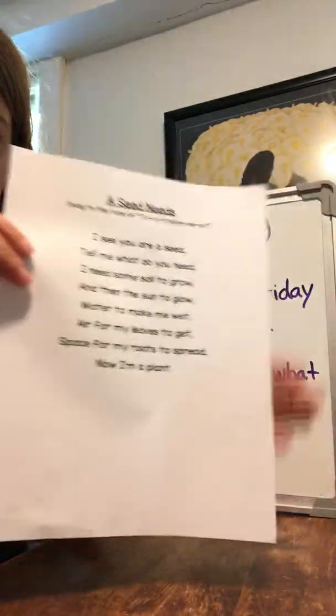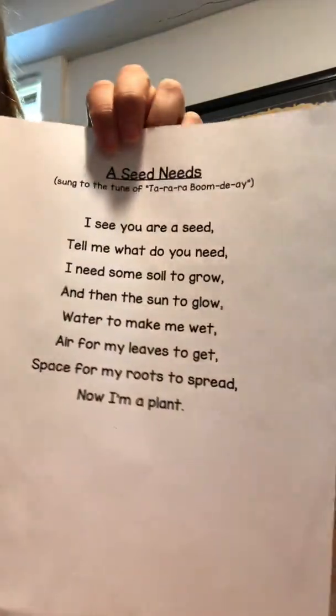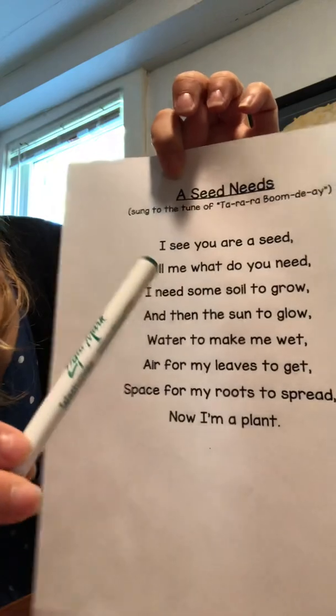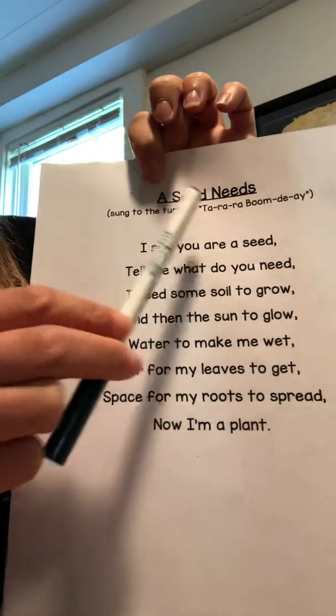Let's sing our little song before we move on to the rest of our day. It's called A Seed Needs. And remember, it's to this tune that goes,